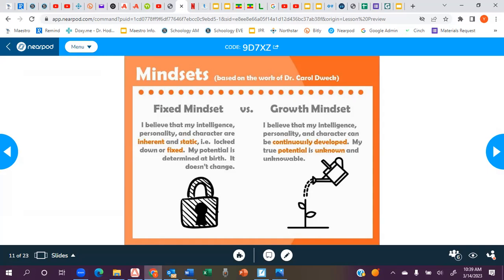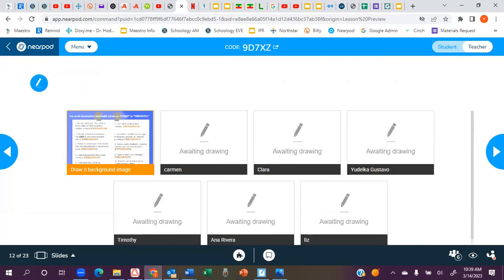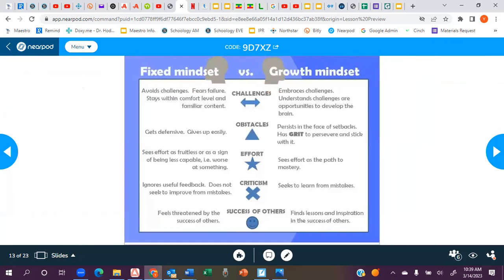Whereas other people believe that the sky is the limit. So a fixed mindset, the ones that think that they are born in a certain way and nothing will change that,